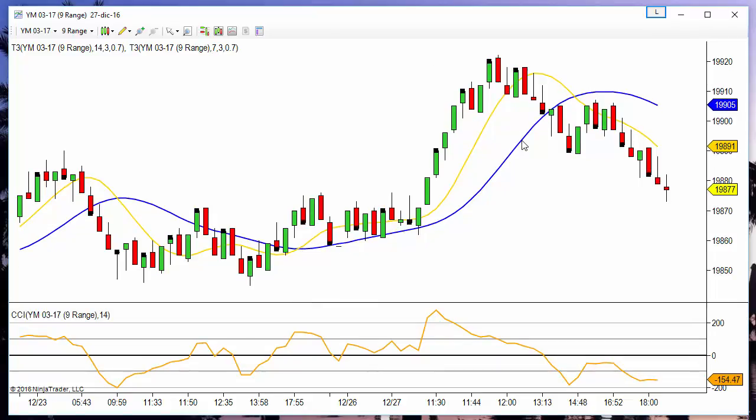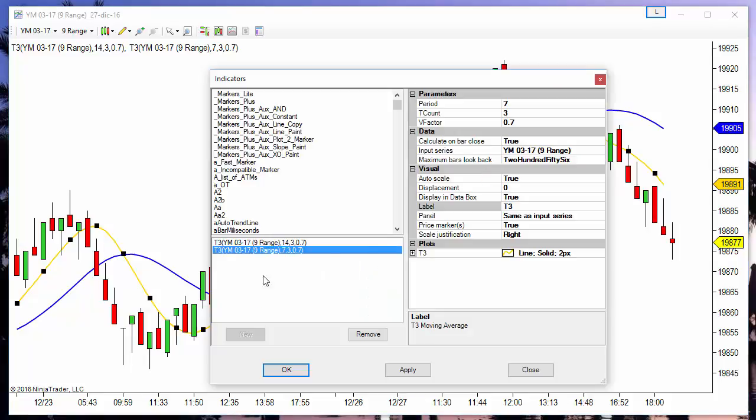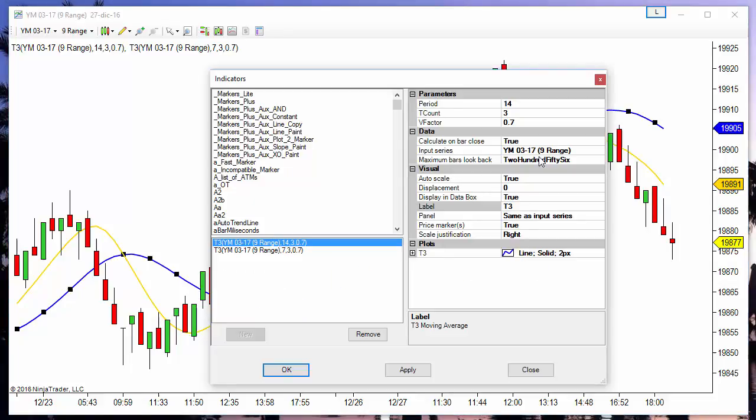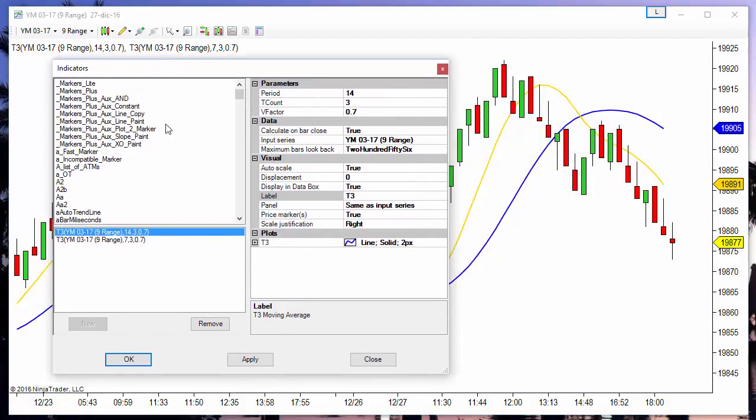The same happens with the indicators over the main panel. I will remove this CCI so we have more space. This line is a T3. If we want to detect the crossover with the other line, which also is a T3, then we need to copy both of them. So we use the copy indicator,